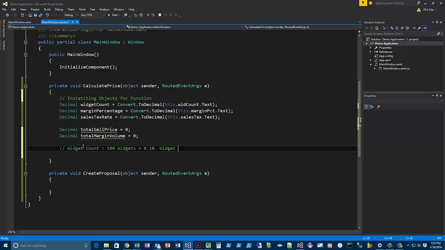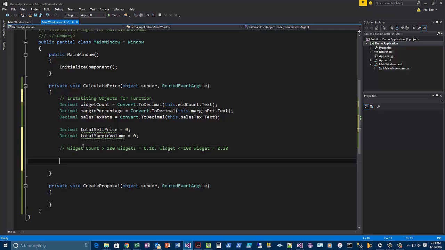Widget count less than or equal to 100, widget count is going to equal 20 cents. Something very basic. Now you can do this a couple ways. You can do this through a switch,